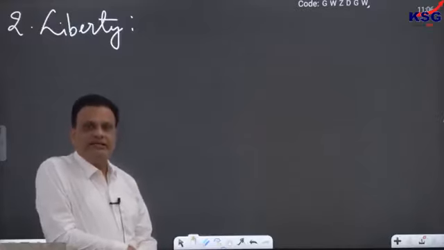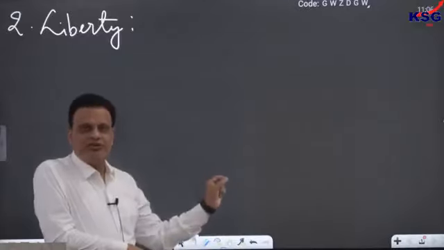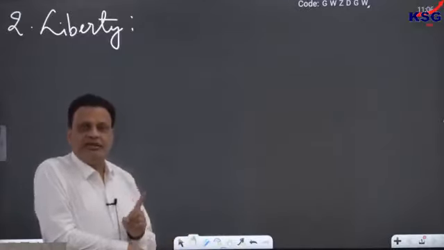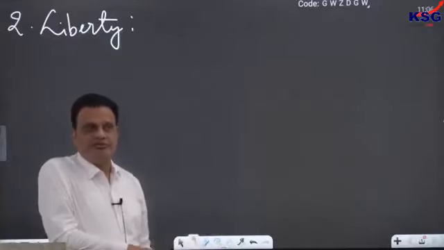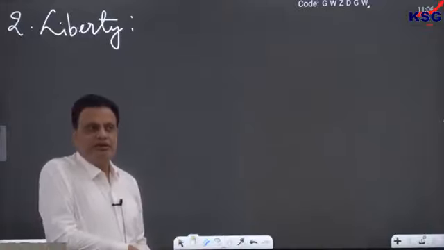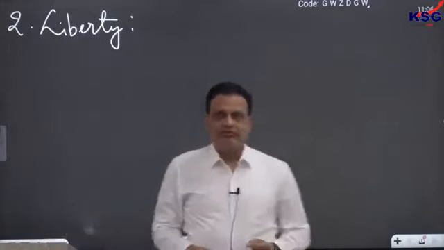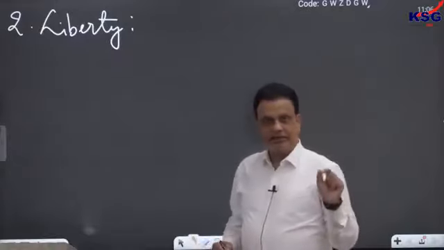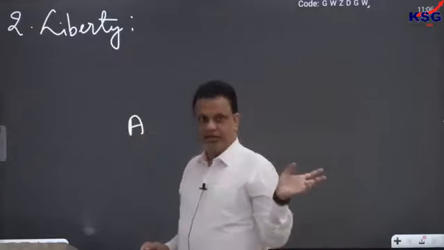The idea is that every individual in the society should have a complete liberty to do whatever that person wants, with a single restriction: that the liberty of one person should not interfere into the liberty of somebody else. That is the only criterion on which the liberty of a person can be restricted, curtailed, or taken away. What we mean here is something like this. Suppose, for example, there is a person called A, me, you or anybody.